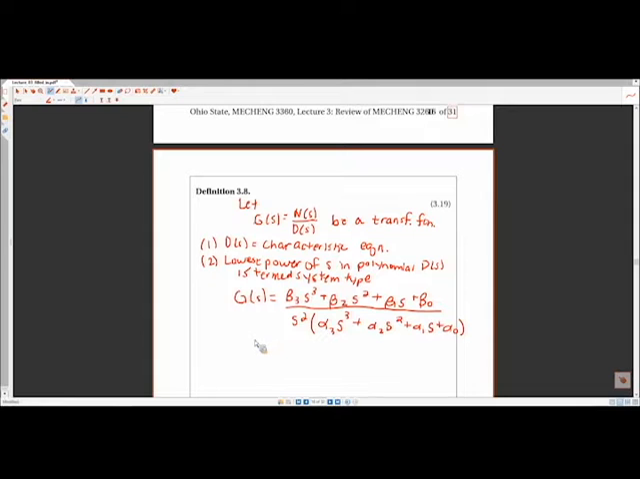In a few weeks, Dr. Helley says you'll use these definitions to look at some properties specific to type 0, 1, and 2 systems. All right, so then point number 3,